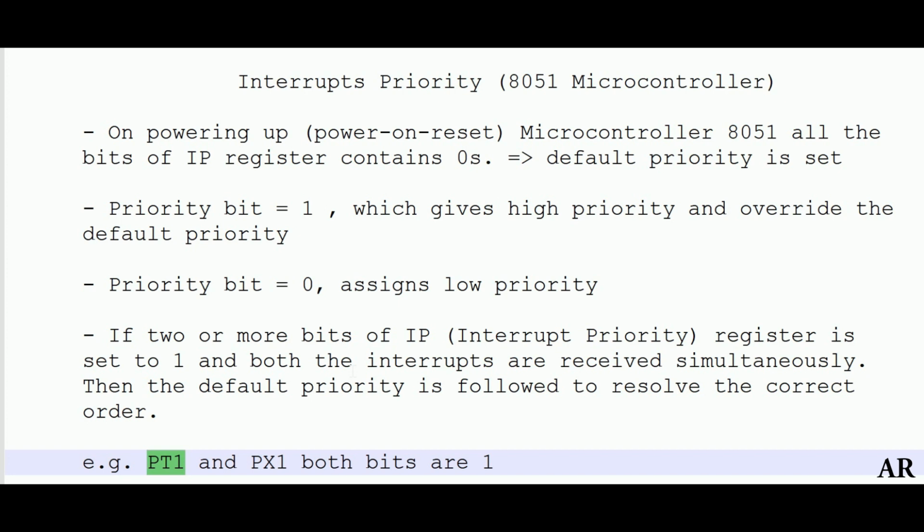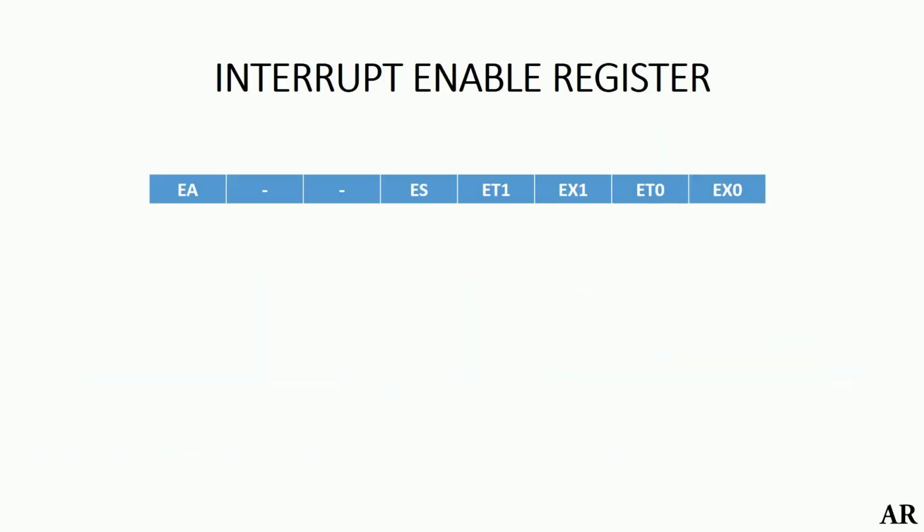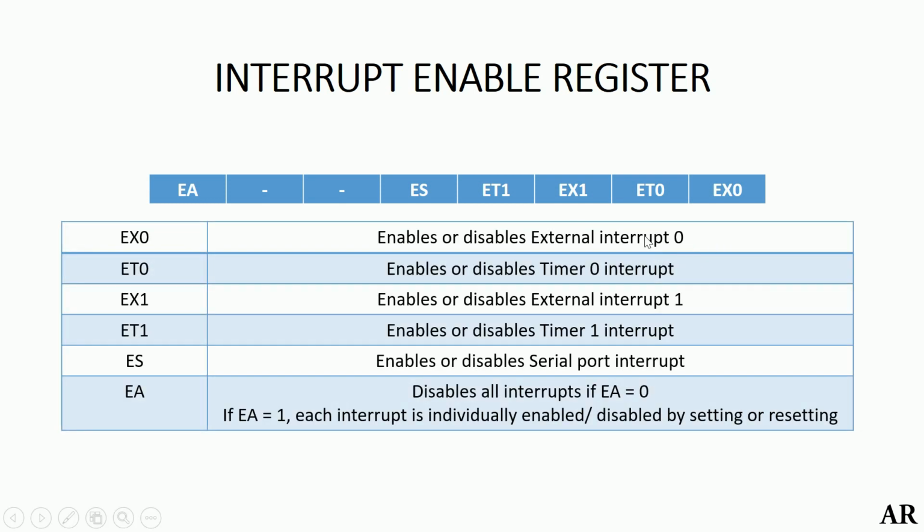The last topic of your interrupts is how we can enable and disable an interrupt. So let us try to understand this. In the 8051 microcontroller, in order to enable or disable any specific interrupts, whatever we have seen, there is a specific or dedicated register called the interrupt enable register. Now the size of this interrupt enable register is 8 bits, but out of these 8 bits only 6 of them are used, which are listed here. So what does each of these bits correspond to? So this is the table here.